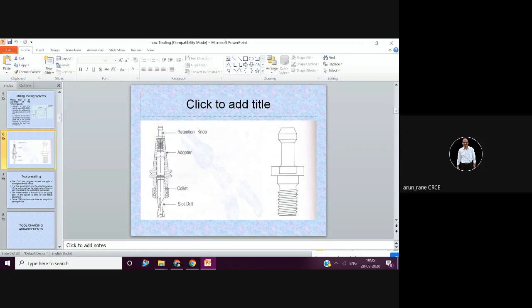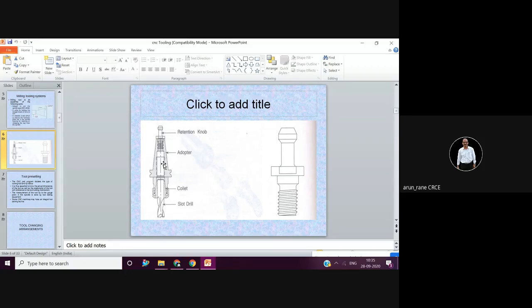If you have observed it properly, this is the spindle, also called the adapter. This goes inside your machine spindle head. This taper and the spindle taper match,